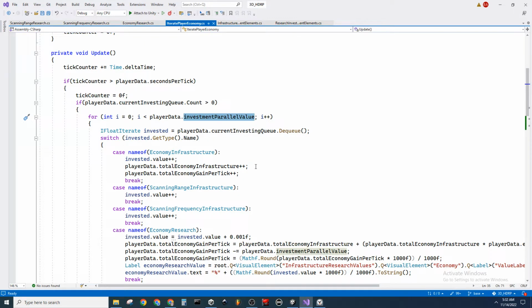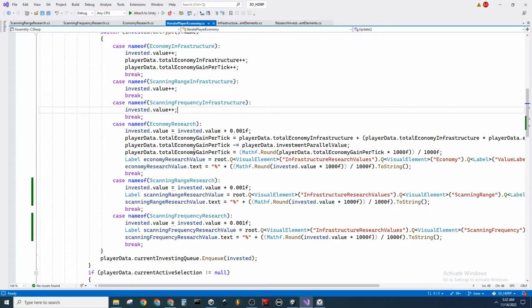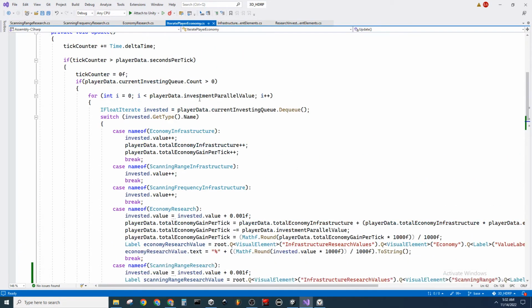Invest in that value and adjust some values for other things as well. So that's if there's an active investment, therefore